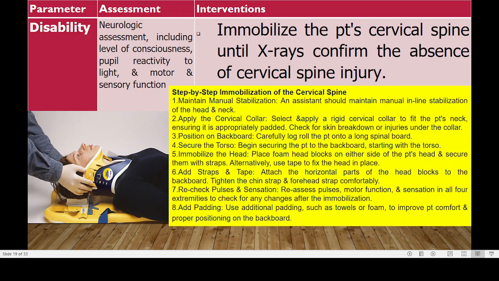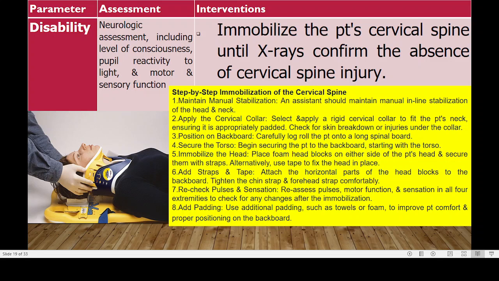So you maintain manual stabilization, where an assistant should maintain manual inline stabilization of the head and the neck. You as the nurse, you need to apply the cervical collar, where you select and apply a rigid cervical collar to fit the patient's neck, ensuring it is appropriately padded,